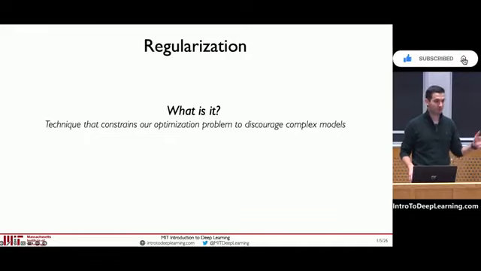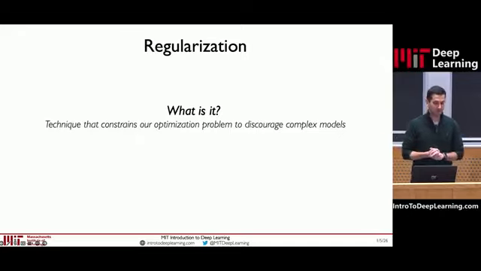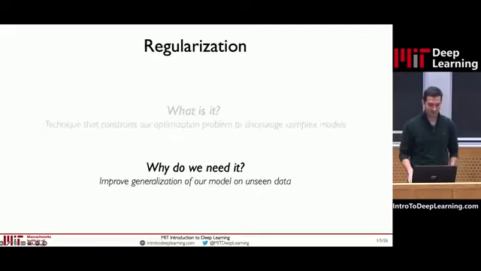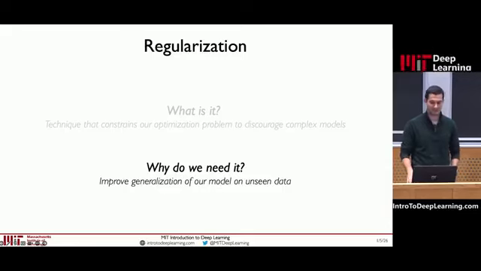So to address this problem, how do you go and toggle between these two sides of the coin? It's called regularization, right? Regularization is the technique that allows us to constrain how much we want to underfit versus overfit on a particular problem. And this is effectively allowing us to discourage the learning of very complex models. This is how we're able to learn billions of parameter models on data sets, but not actually memorizing all of the details in the data sets, allowing us to generalize beyond those data sets. And this will allow us to improve the ability of our model to perform even on unseen data.